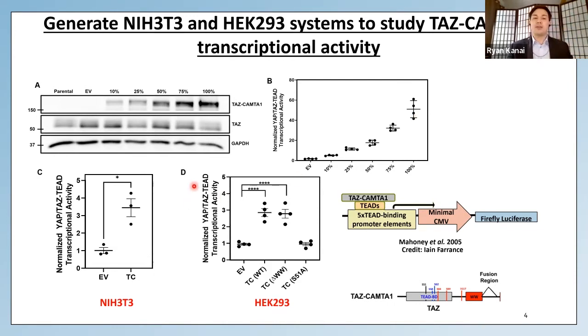And in panel D, we essentially repeated this with HEK293 cells, except we included a WW deletion mutant as well as an S51A mutant of TAZ-CAMTA1. The S51A mutant, as Brian and Ajay previously talked about, was for us just a proof of concept to make sure that our systems were working correctly. And for the WW deletion mutant, when patients have the TAZ-CAMTA1 fusion event, not all patients actually have a full-length WW domain. Sometimes it winds up being truncated due to the translocation. And so we wanted to make sure that any regulators that we identify that are able to repress TAZ-CAMTA would benefit patients both with the wild type full-length TAZ-CAMTA as well as the truncated version with the WW domain truncation.